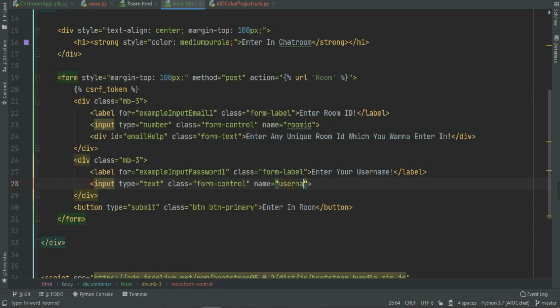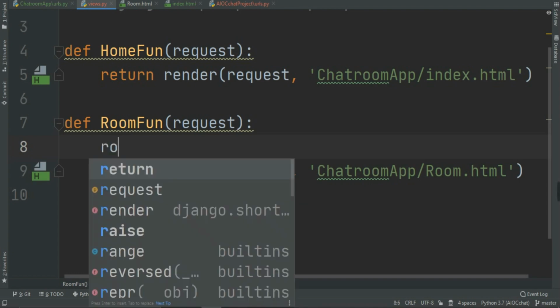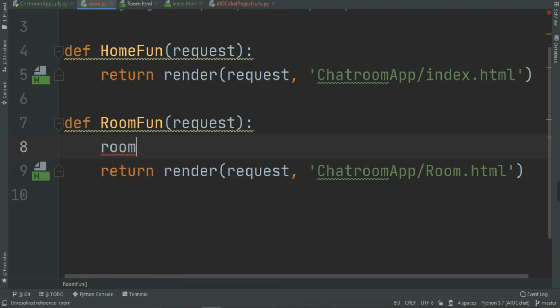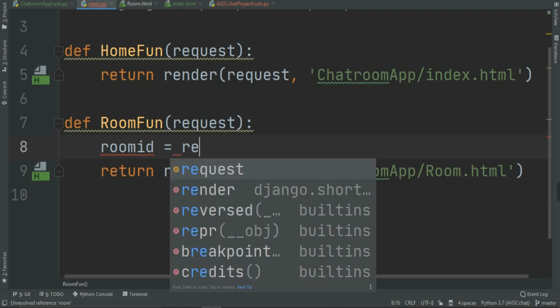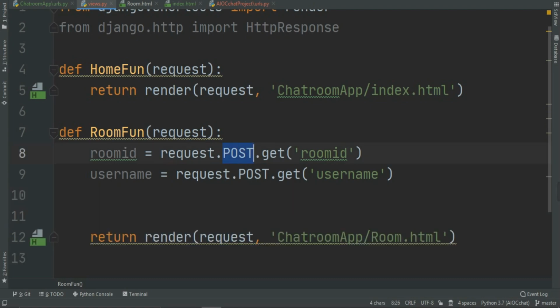You can write anything in here you want. Now first of all I'm gonna grab that username and room ID in here in the room function. Room ID equals request.POST.get. So as you can see, I first grab the room ID using request.POST.get room ID, and then I grab the username, which is nothing but request.POST.get username. Because we are using the post request, we have to write POST in here.